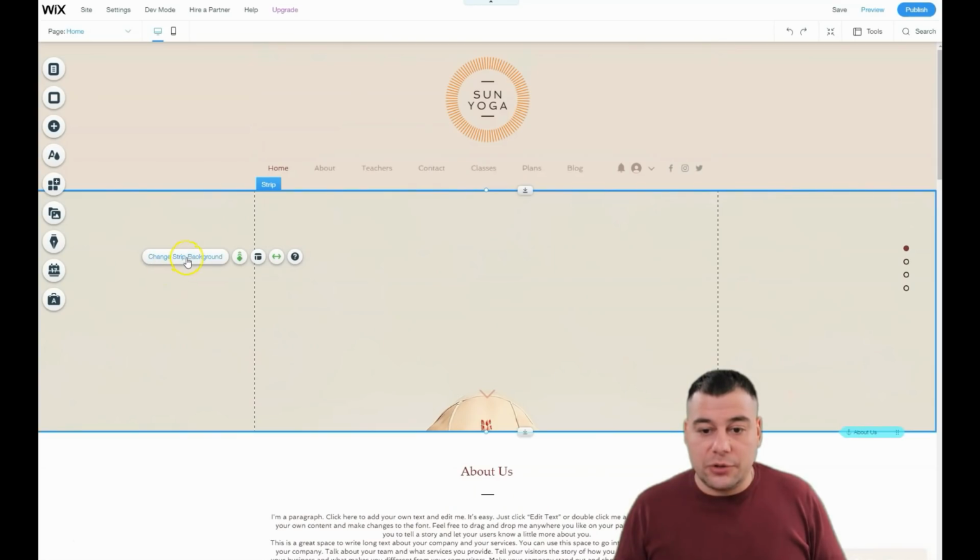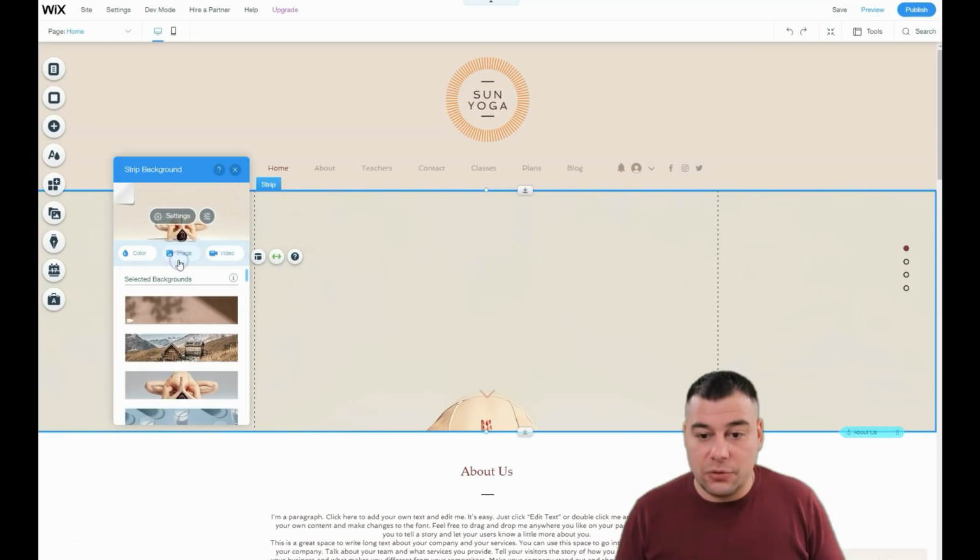So let's jump to strip background. This is strips. They're like sections. They're called strips right here, and you can make everything that you want. You can add a scroll effect, layouts, stretch, and help also. So you see that there's a background already here,